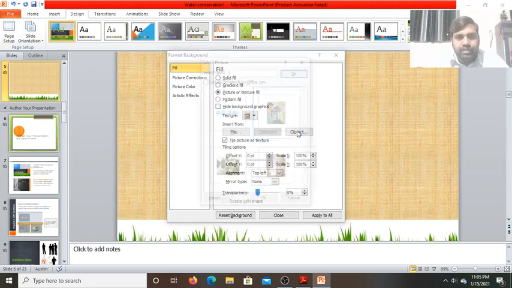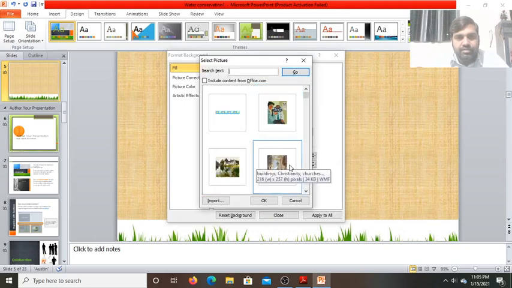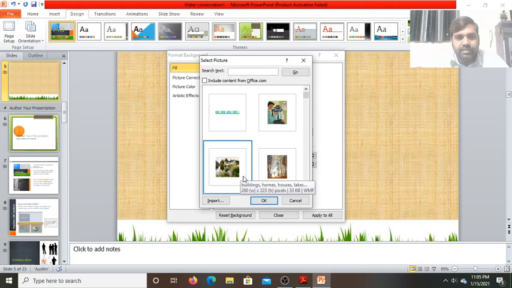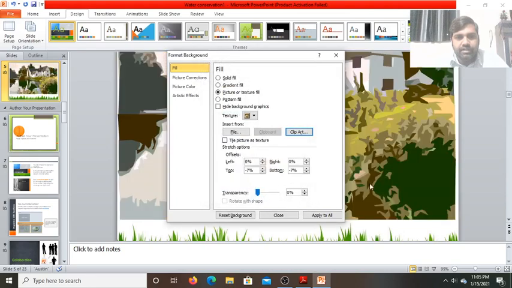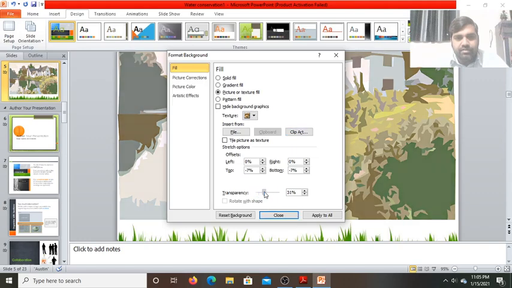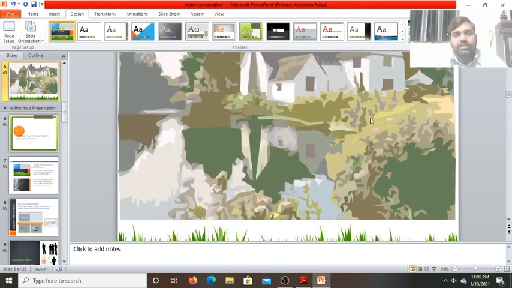Now from clipart I'm going to take the image. Suppose this image I have taken, click OK, so that will be added. Now as the watermark, it will be lighter, and you can increase it more. Now close it. So this is the watermark image. Like this, these are the different things in Lesson 12 we have to learn.